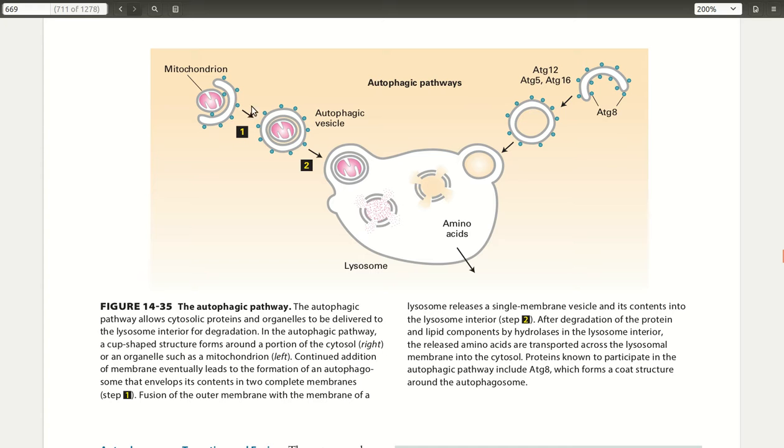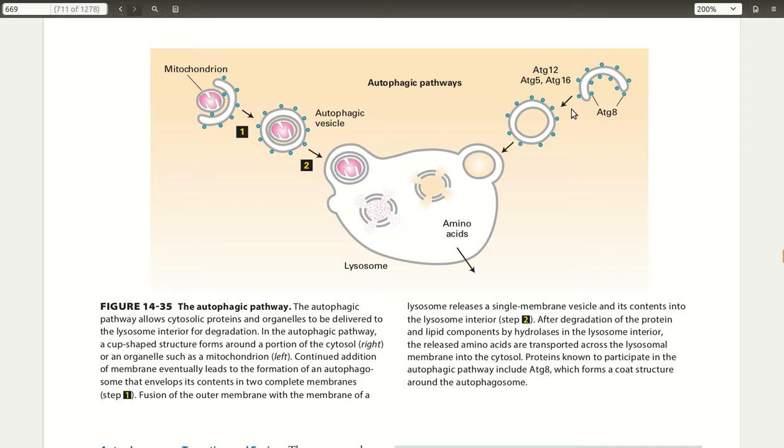And so how this happens is during periods of autophagy, or self-eating, you have formation of these cup-shaped membranes, which will form next to some organelle, such as this mitochondrion, that might be defective, and they basically grow. The membrane will grow until it fully encapsulates it in a double membrane structure,